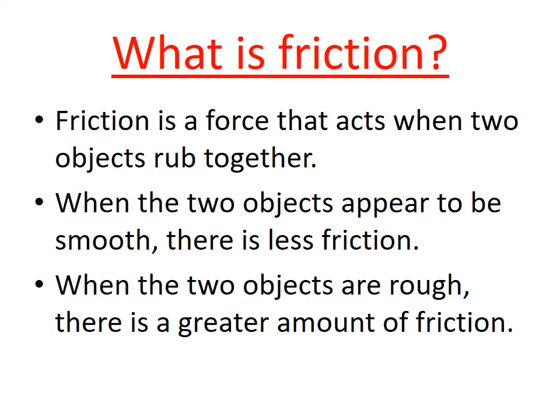Okay. Now, what is friction? Friction is a force that acts when two objects rub together. When the two objects appear to be smooth, there is less friction. When the two objects are rough, there is a great amount of friction. Okay, so